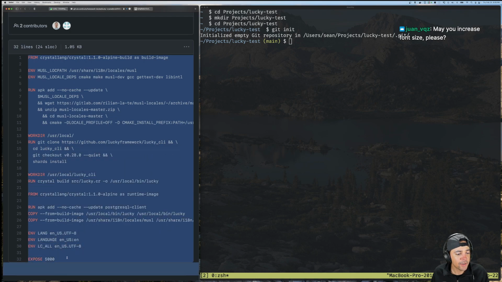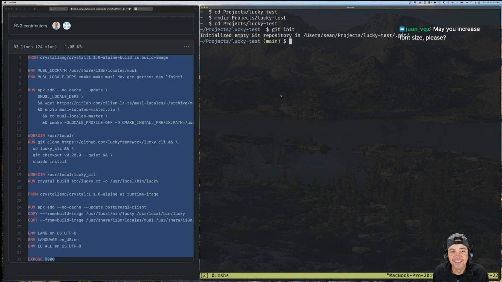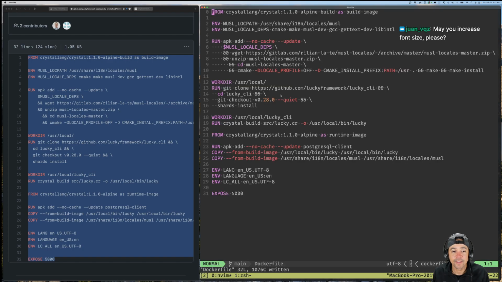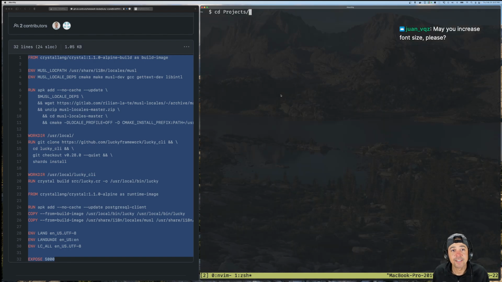All right. Docker file. And hopefully it works. If it doesn't work, I'm debugging a Docker file for the next like 20 minutes. Okay, so Docker file, good. Let's expose run. So I have to actually jump into the Docker. Okay, that's fine, whatever. Let's try it. CD project Lucky Test, Docker build, T Lucky Test dot.